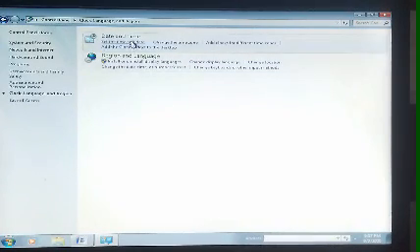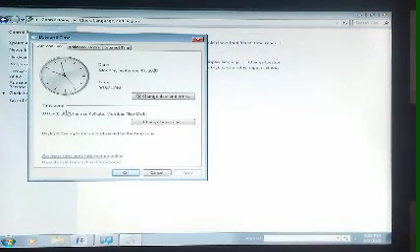Here you can see two options. First is date and time and second is region and language. So you have to change date and time. You have to click over here to set the date and time, change the time zone, add clocks for different time zones, and add the clock gadget to the desktop. There are four options. You have to change the date and time, then click over here, set the time and date like this. The date and time dialog box will appear on your window screen like this.